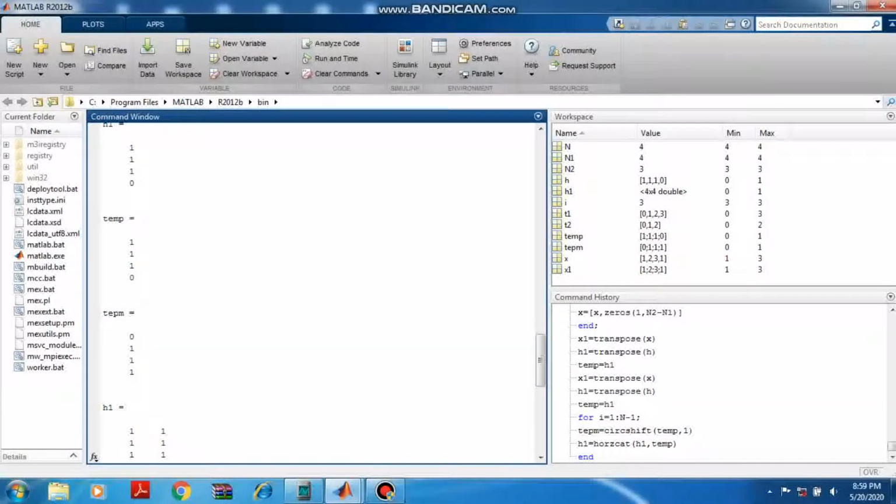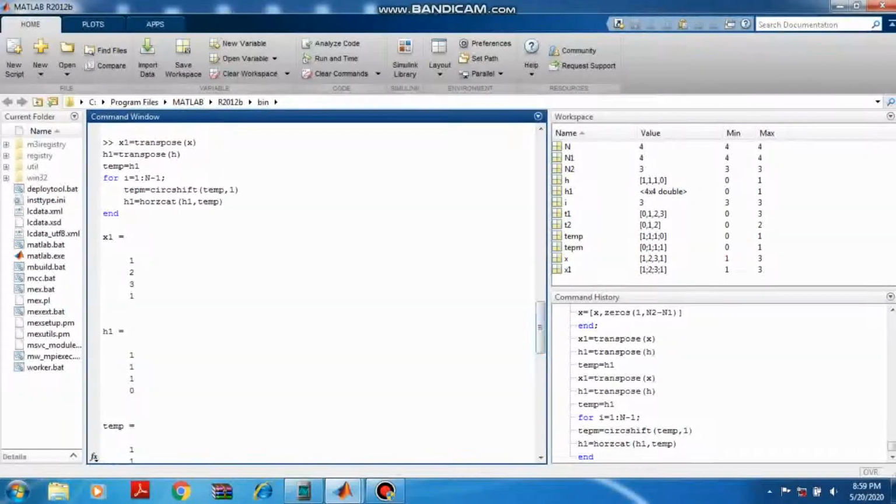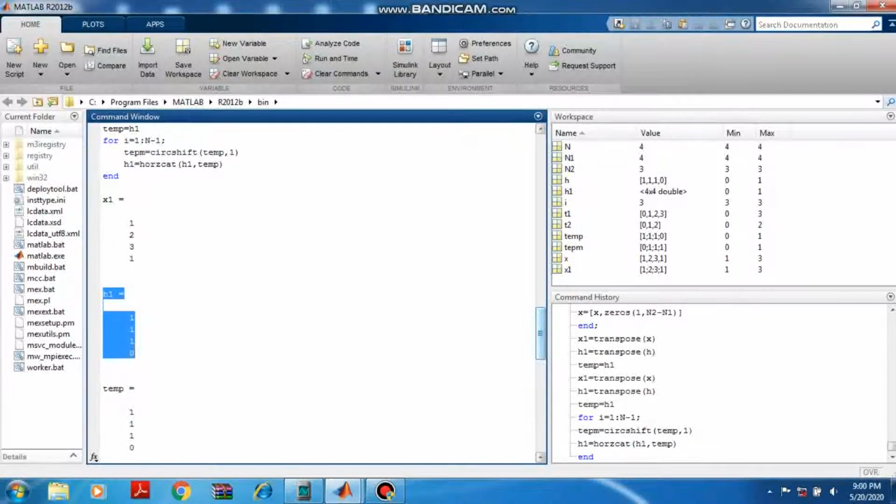Now see, here x1 is the transpose of x, so you get x1 as this, and h1 is the transpose of h, you get this. Now for i equal to 1 up till n minus 1, what you get is h1.